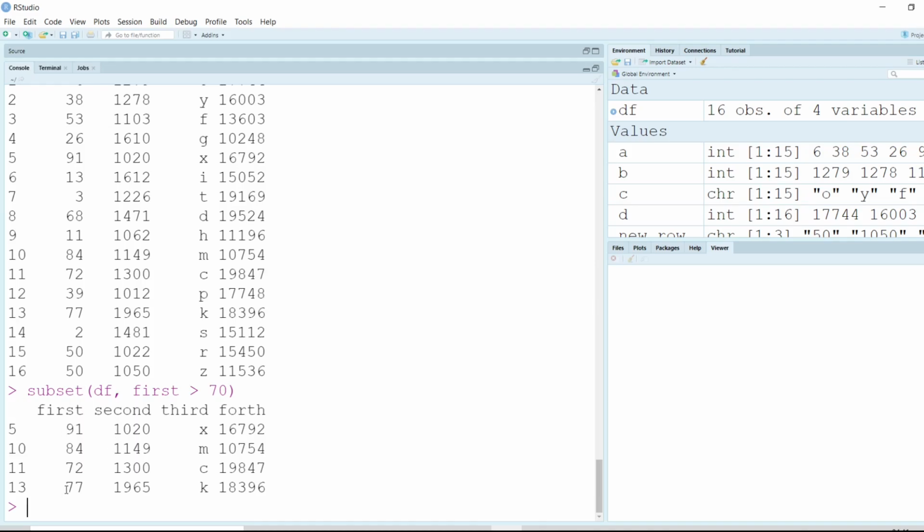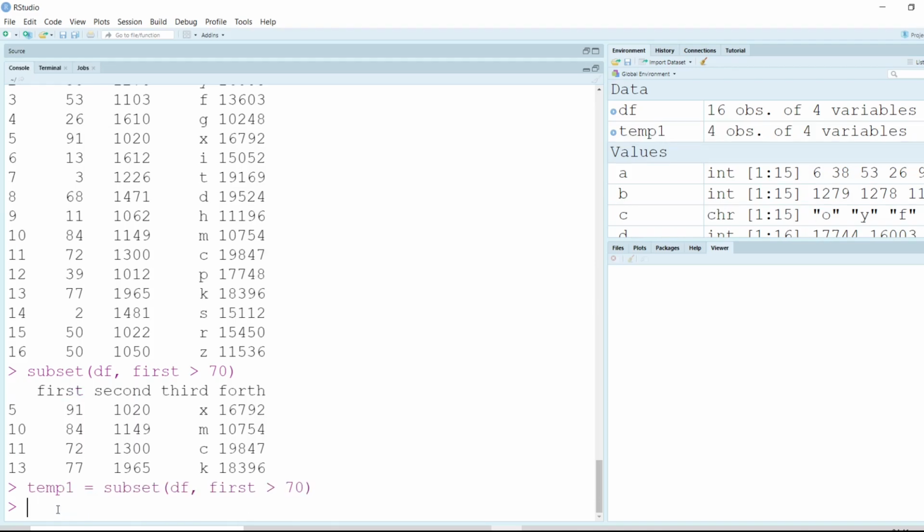Now once again, since this is just a temporary display, I have not assigned it to any new variable. I can once again call that function and do that using another variable, say temp1. So now I also have a new data frame created which has these 4 records and 4 columns. Now in this temp1, if I want to do slicing or indexing, it works very similar to the vectors. So if I do a temp1, and inside the square bracket, if I want to display all the second and third rows, this is how I do it.